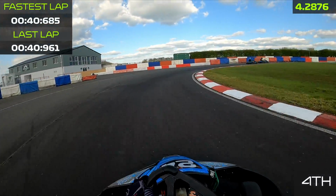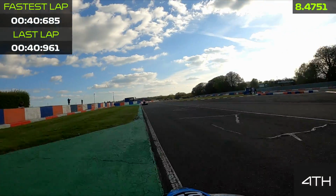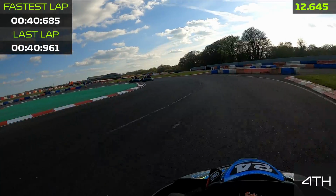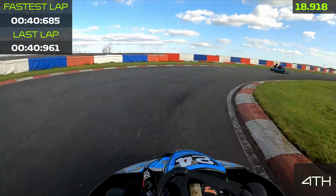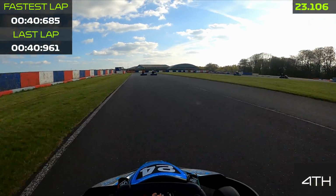So going into the first corner in this car, I was really having to jam the steering angle of the kart into the first corner and also every other corner. It just really wasn't very responsive when turning in. So you can see I'm having to use 90 degrees of steering lock, which I wasn't doing in practice. I was only having to use about 10 to 20%,